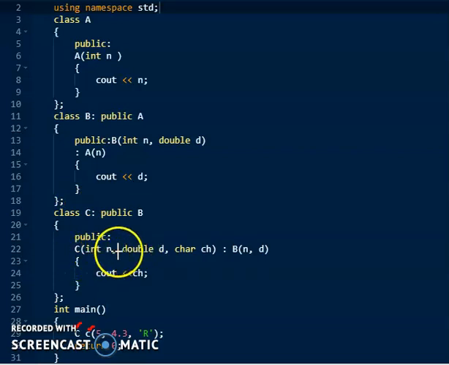Yes, there is a constructor, and to this we are passing three values. For n we are passing the value 5, for d we are passing the value 4.3, and for ch we are passing the character r. So these three values get passed to this constructor because a constructor is executed as soon as an object is created of this particular class.